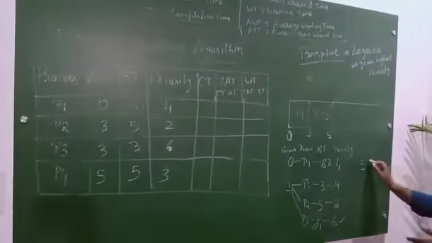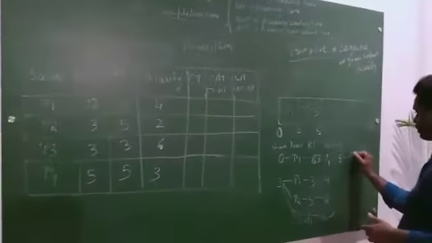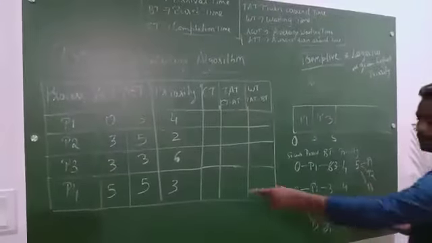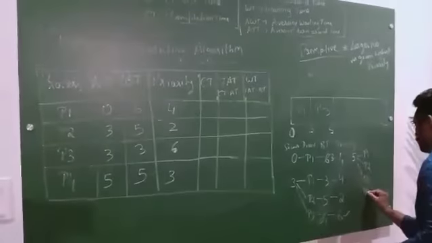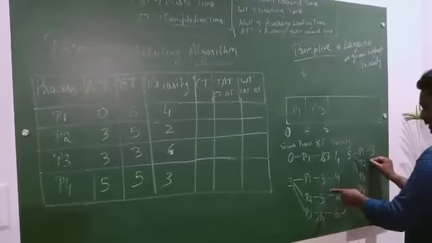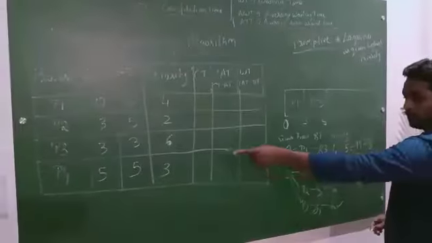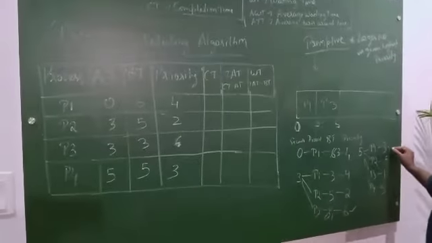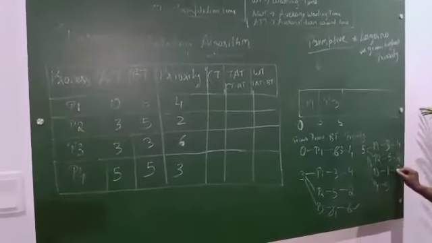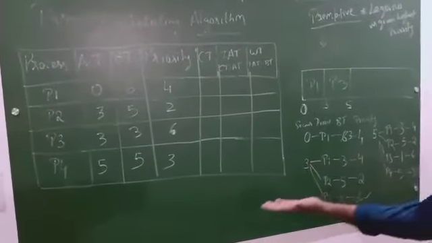At 5 seconds, which all process can execute? P1, P2, P3 not completed, and also what? Your P4. What is the burst time left out? For P3 it is 1 left out, and P4 requires 5. And just go with the priority. It is having 4, it is having 2, it is having 6. And P4 is having what? 3. Now no more process will come after 5 seconds.